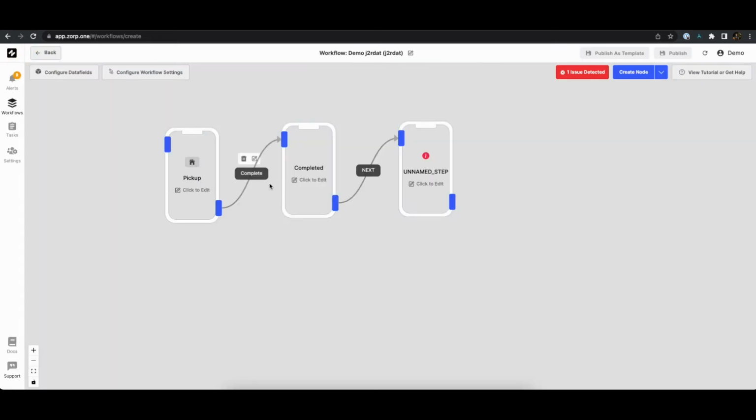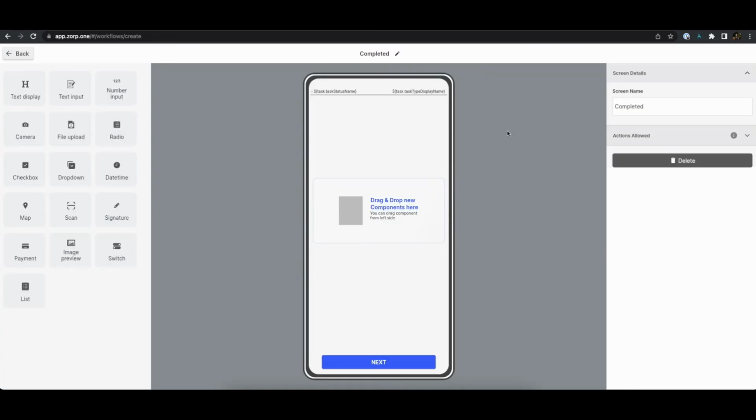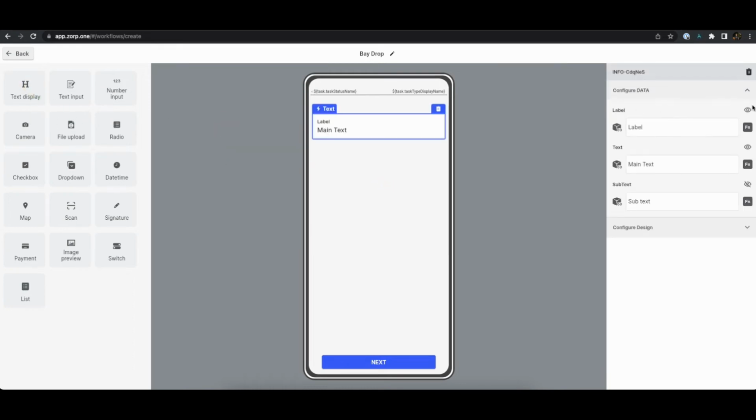So let's move on to the next one. So this cannot be called complete. This is basically a drop state. So we'll call this drop, and we can open and design the drop screen. Call this bay drop. And we'll say drop the